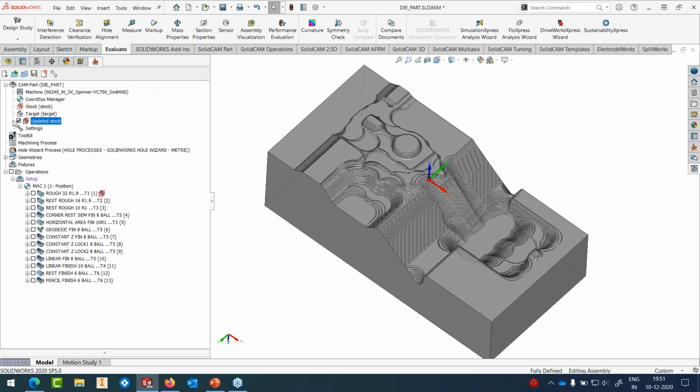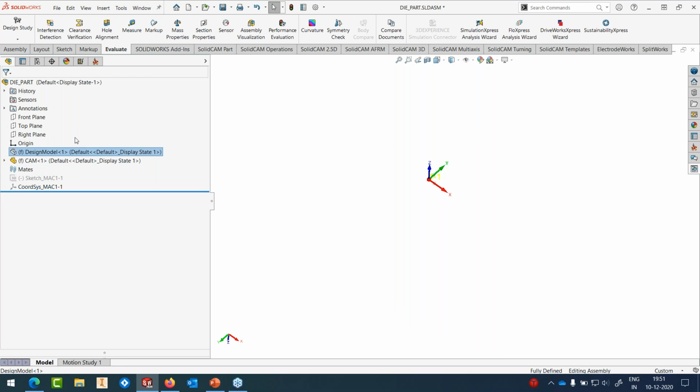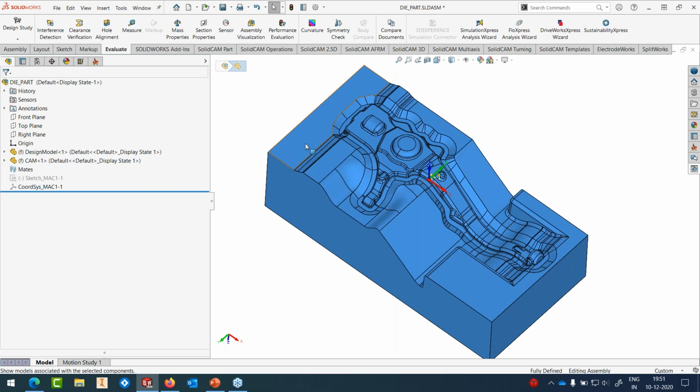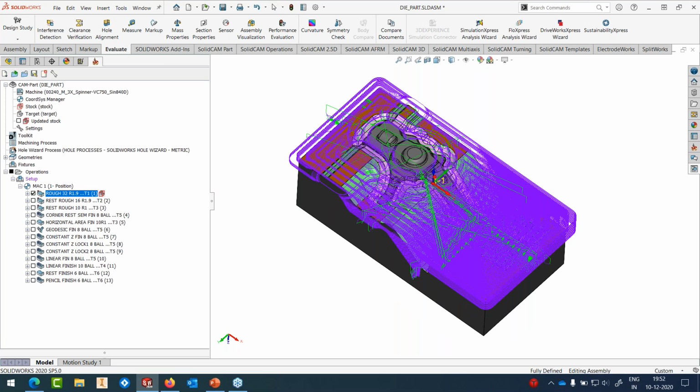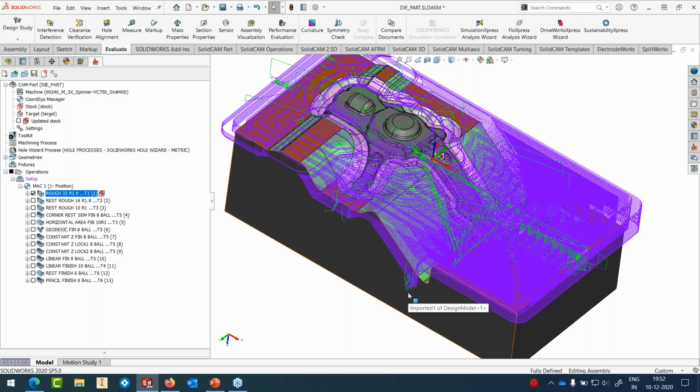Okay, let's go back to our part and look at each of these toolpaths. So the first one is roughing, simple. Wherever possible, it's approaching from outside. Where it's not possible, it will ramp. Inside Turbo, sorry,